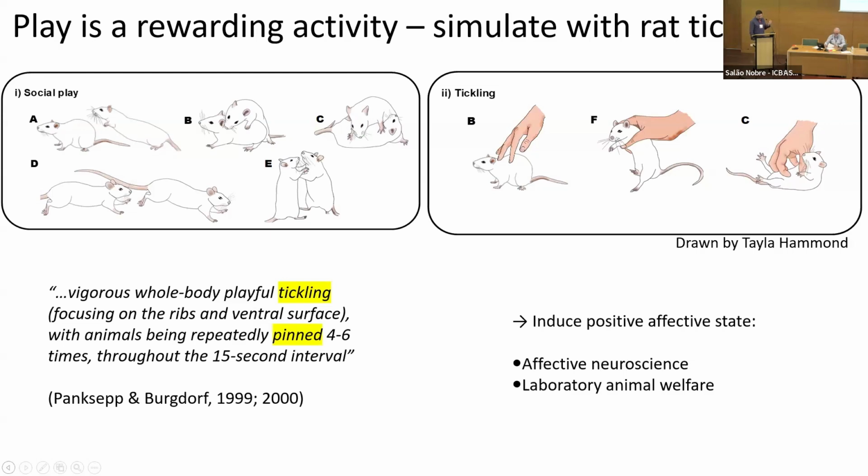So if play is a rewarding activity, why not simulate it in the lab using a technique known as rat tickling? And this was developed by Jaak Panksepp and Burgdorf. And what they did is they postulated that if rats, when they play,